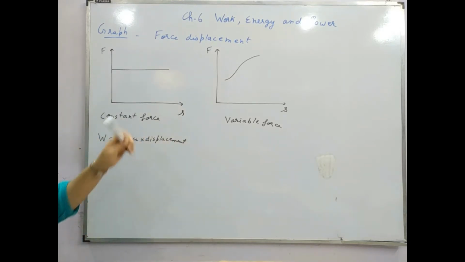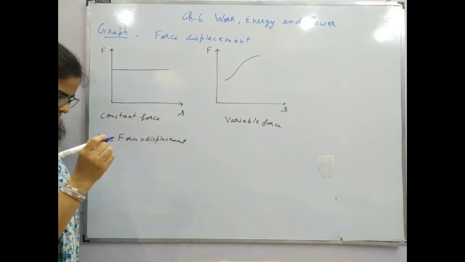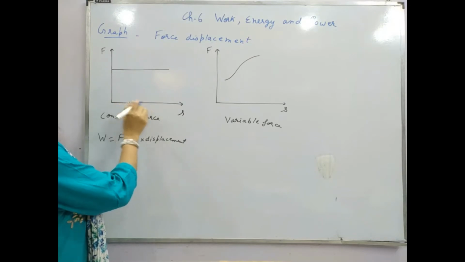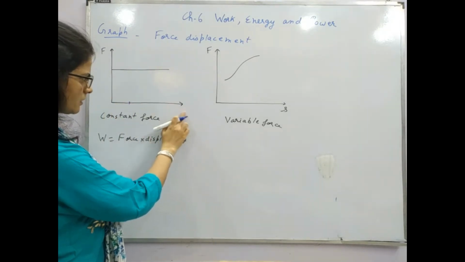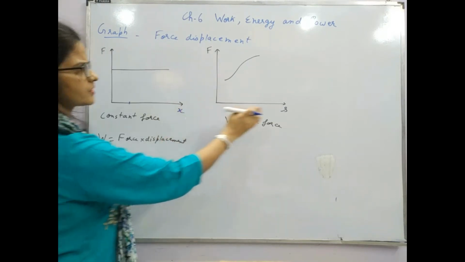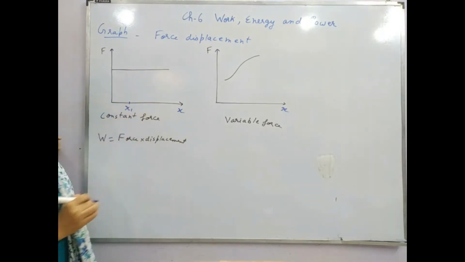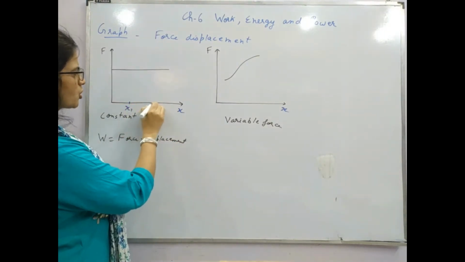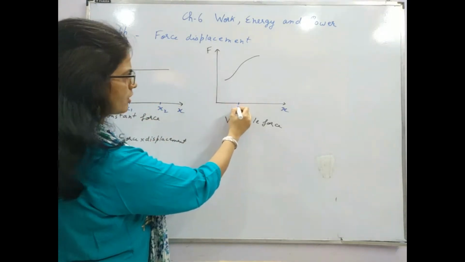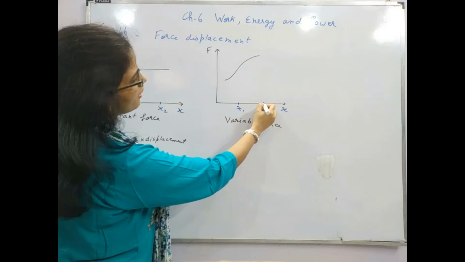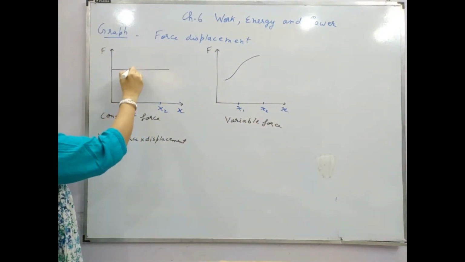Here, you know, the basic formula for work is force into displacement, right? So in this case, if you want to find the work done between, let's take the displacement like this, x, that should be easy for us. So if we take this as the first position, this is the second position, and the same positions we are taking for this case of a graph. So see the difference here.